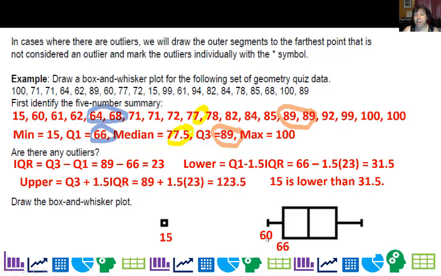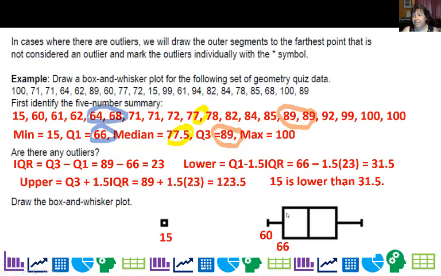60 is not part of the 5-number summary, because remember the 5-number summary starts with the min. So sometimes the whisker won't end on the min or the max, and that's when we have outliers, if you draw it with outliers. If I had extended this whisker all this way, then it would be hitting the min for the 5-number summary. But the advantage of showing outliers is you might be tempted to think that if I had a whisker going all this way, maybe there were a lot of people that scored really low, when in reality, there was only one person that scored below a 60, which I think I'll have to help them with some tutoring, which I did, because this is actual geometry quiz data scores.